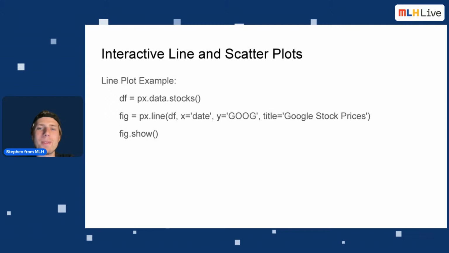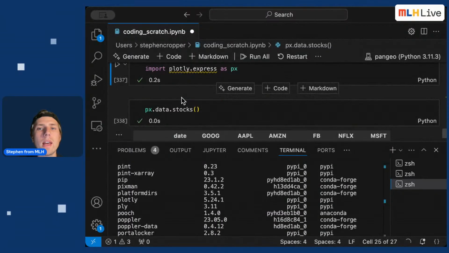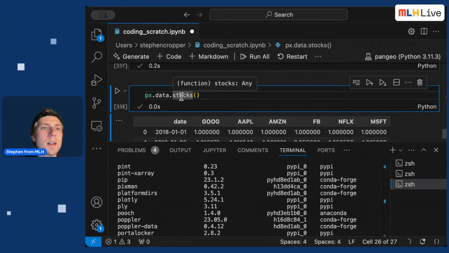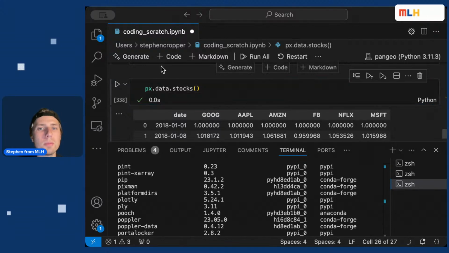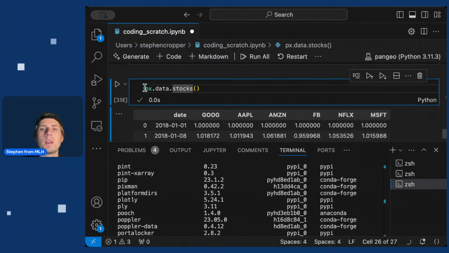And what I like about this is kind of cool. You can see how things move over time by using interactive plots. So a lot like you would with some app like Robinhood, for example. So let's take a look. I already have it loaded, px.data.stocks. And to make the interactive plot, all we do is we save this data frame, and then we're going